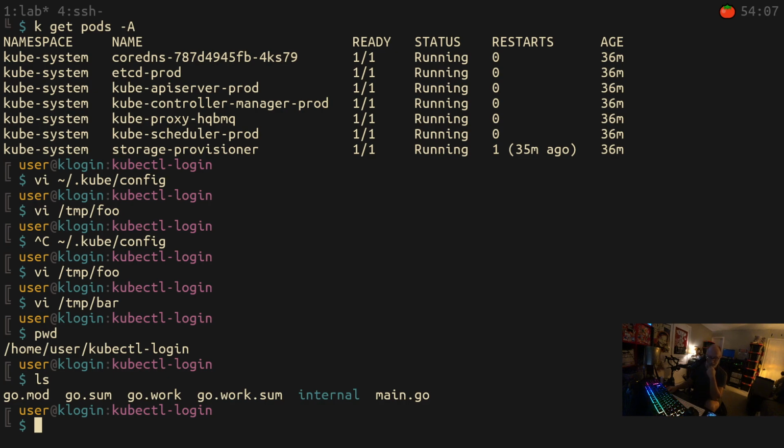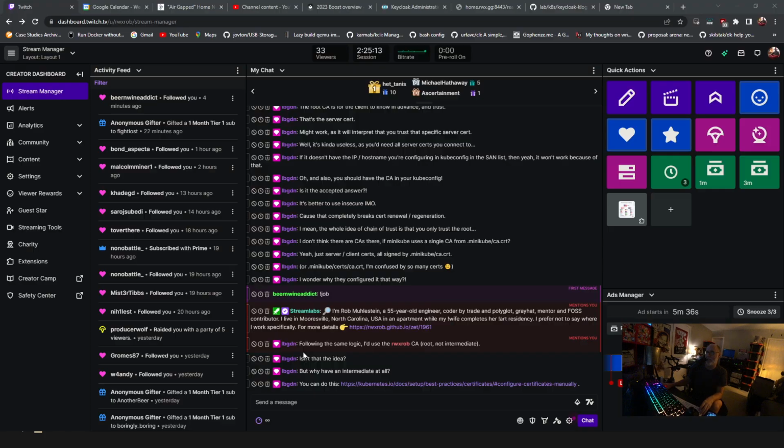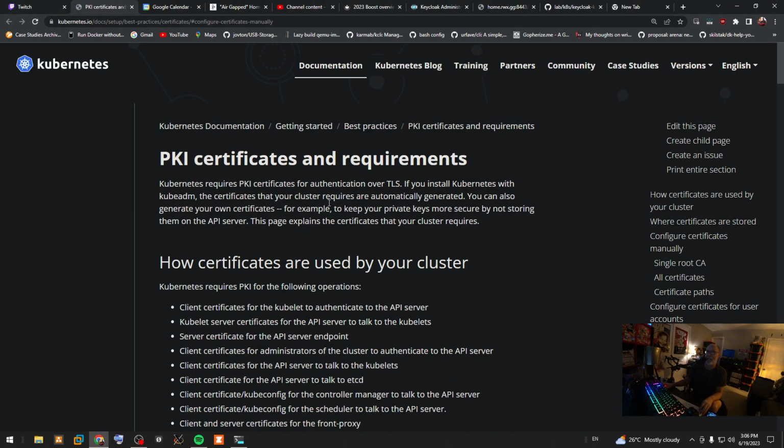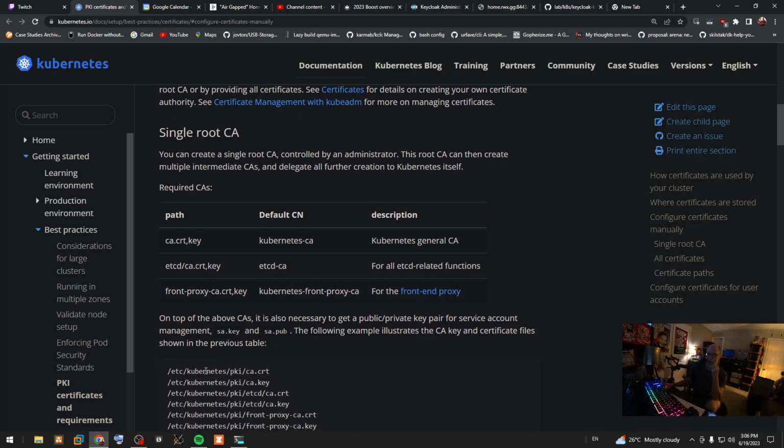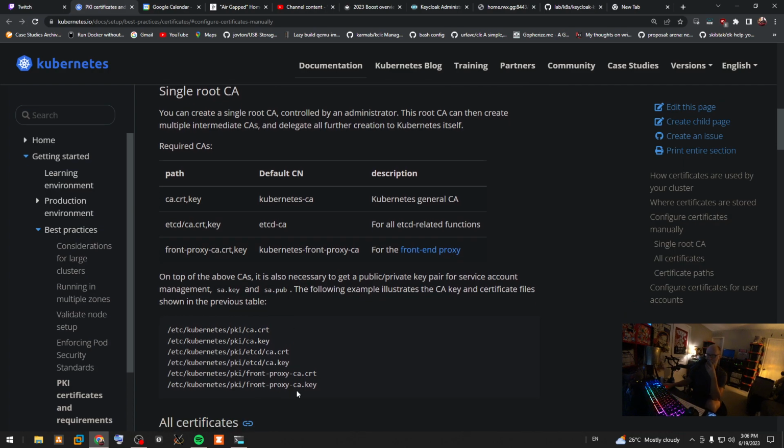Configure certificates manually. Yeah. Yep, Kubernetes general CA. Well, this is what I find so hard about this: kubeadm, Minikube uses kubeadm, so you can usually hook it in there. Yes, I knew that these certs did exist here. The PKI thing, I knew about this. The problem with this is that